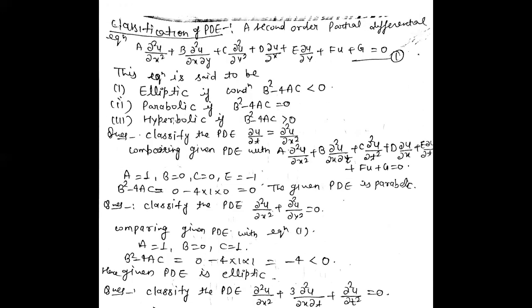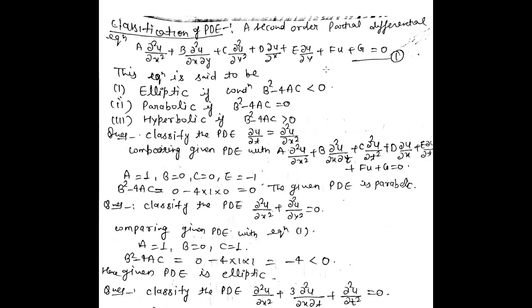That means you have a PDE and how will you classify your PDE. So a second order partial differential equation: A del 2u upon del x2 plus B del 2u upon del x del y plus C del 2u upon del y2 plus D del u upon del x plus E del u upon del y plus Fu plus G is equal to 0. This is your partial differential equation of second order, and we always do classification only for second order PDE, right? So this PDE can be classified